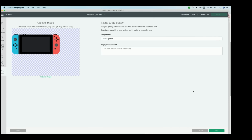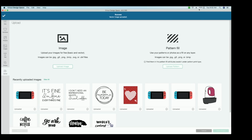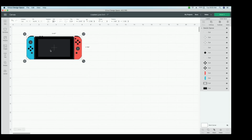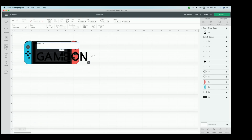And then I can go ahead and press save. And let's readjust here just a little bit. And then we can click on that and press insert images. Now this is going to be a very quick and easy design process. Okay, now we just need to grab a text box and we're going to type in the words game on,